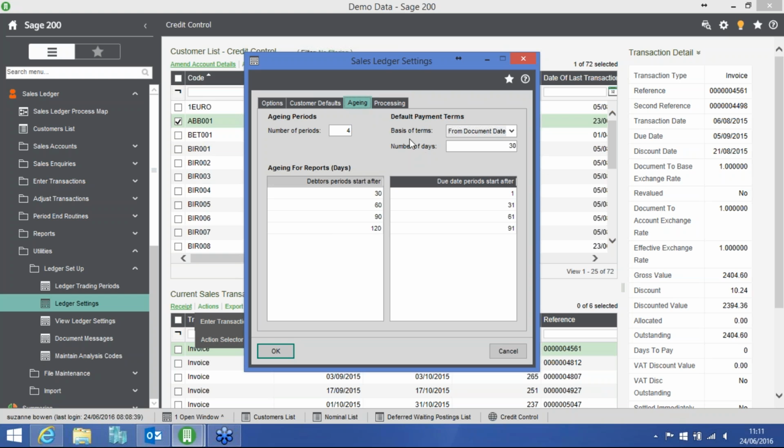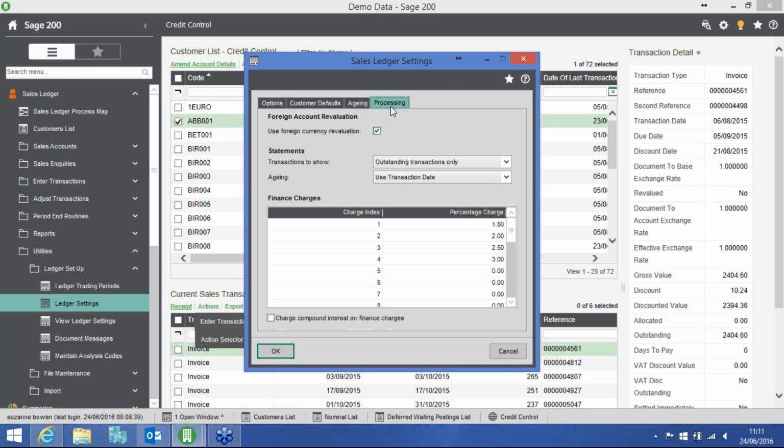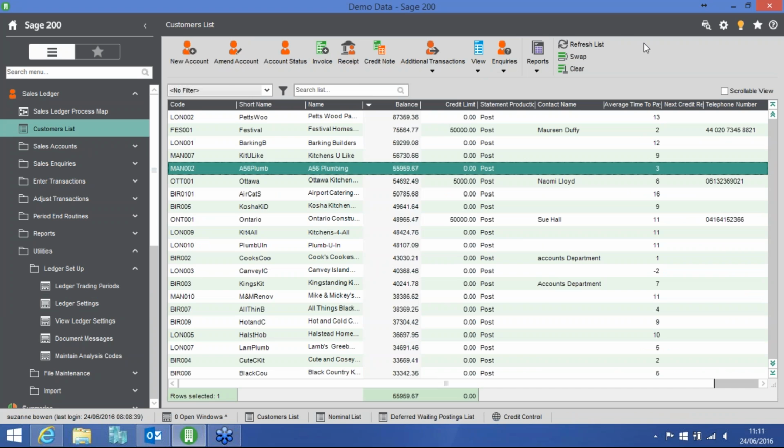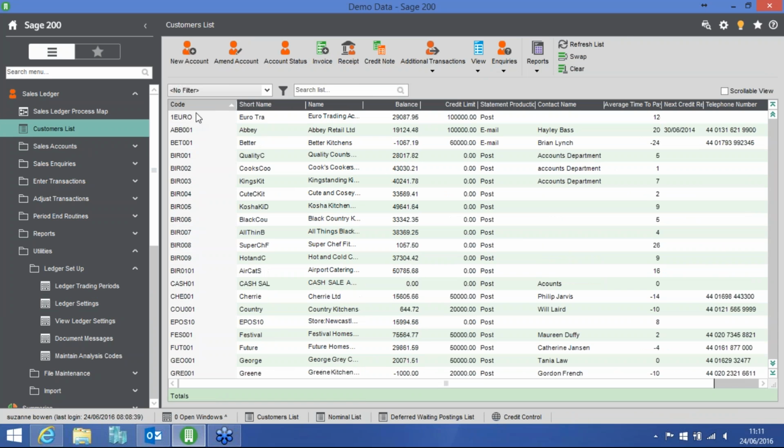Bear in mind these are just defaults and they can be changed on an account-by-account basis. We have our processing tab, and it's through here that we define our finance charge rates up to a maximum of 20 different finance charge rates. If I go back to my customer list view, and if I just sort by code,